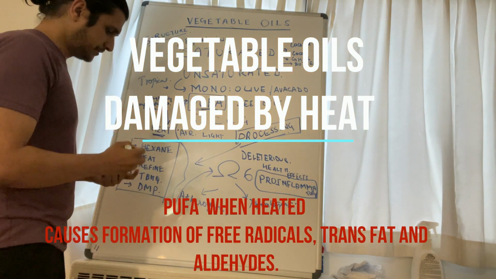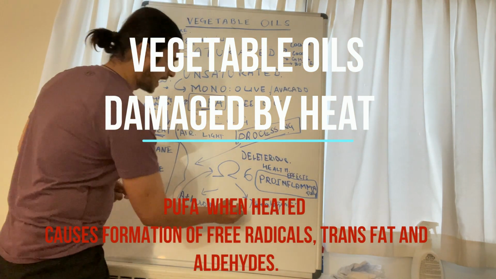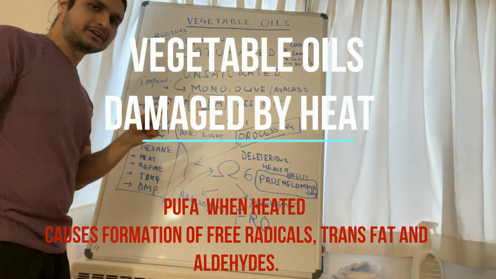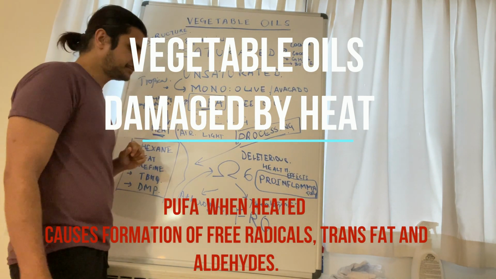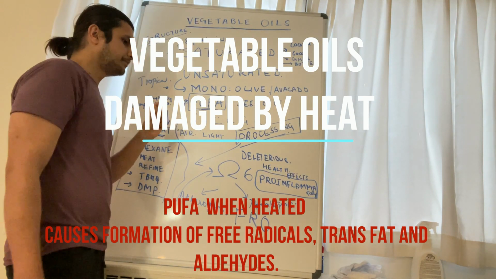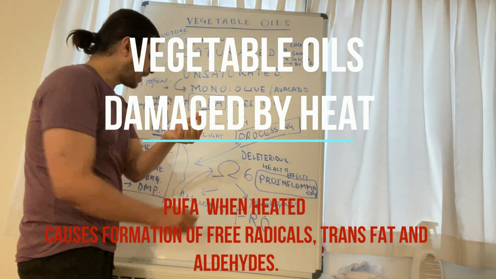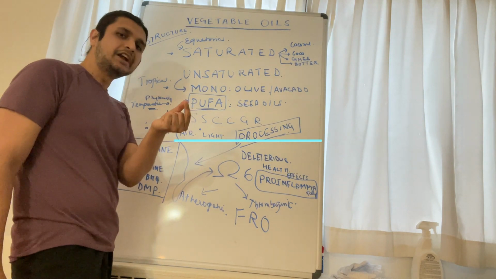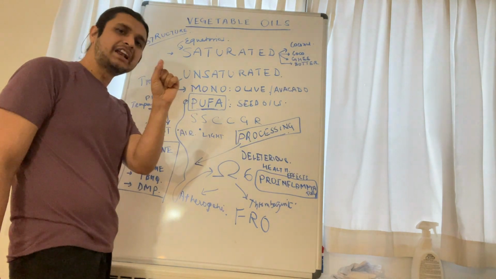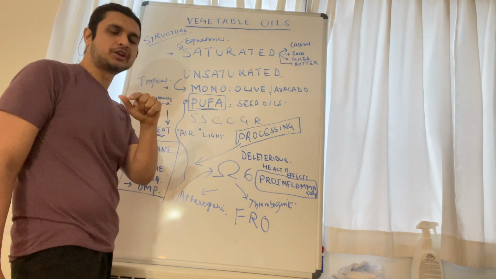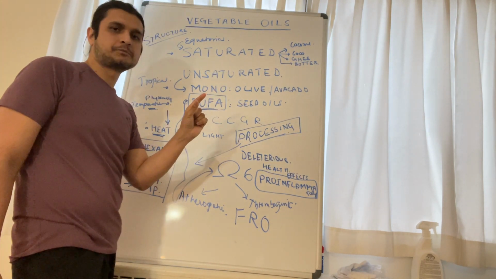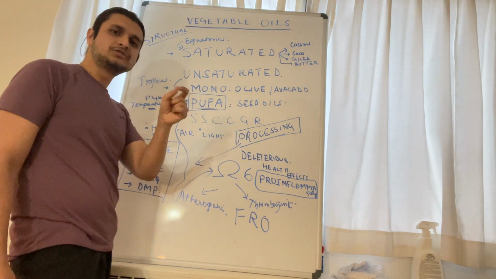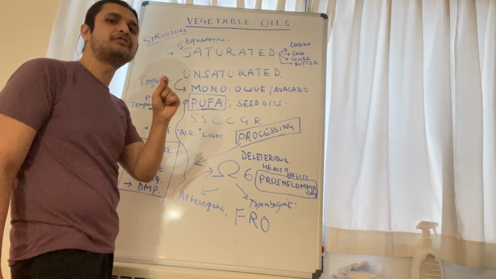All this oxidation leads to formation of FRO, free radical oxygen particles. So free radical oxygen is basically in a molecule of vegetable oil. If you have these stressors, the heat, light, air stressors, it breaks, and of the 2 electrons present in each molecule, 1 electron is just vibrated out. So now the molecule has become unstable. The number of protons and electrons are not matching, so it has become unstable. That we call a free radical.